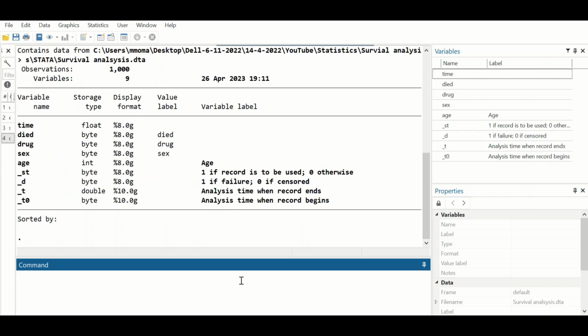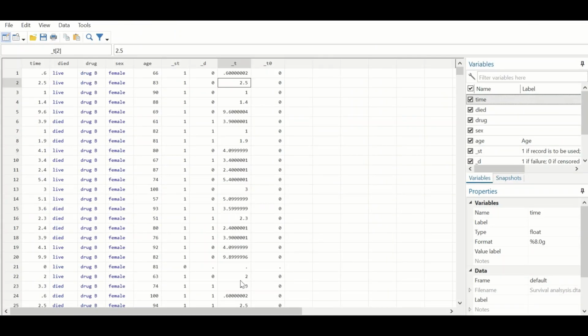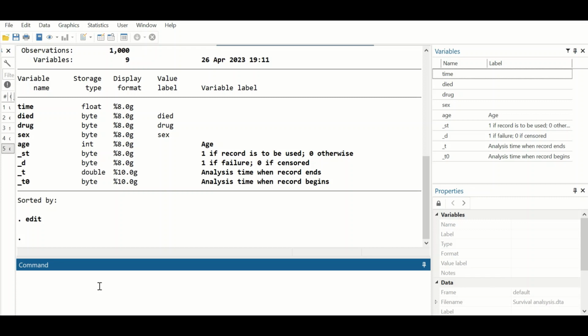As shown here, 9 variables are generated. Why? If we type edit and look at the data here, we can see 4 new variables are generated, one for the time and one for D, which is the death status, 0 or 1. We could also look at the first 10